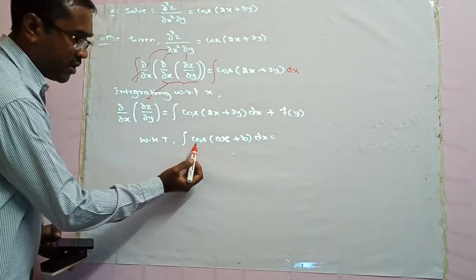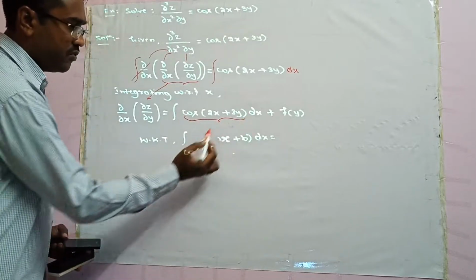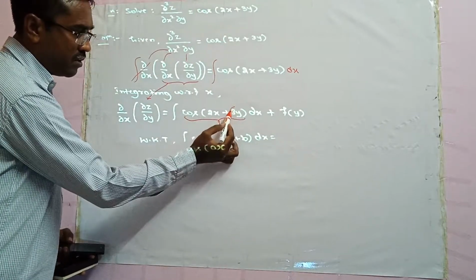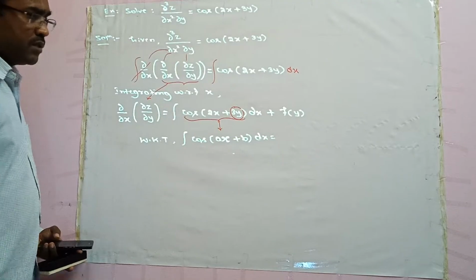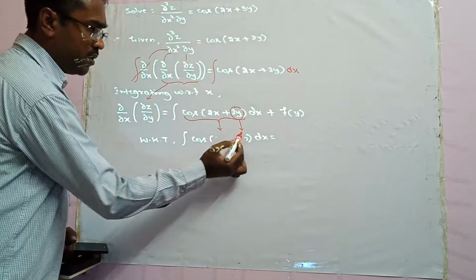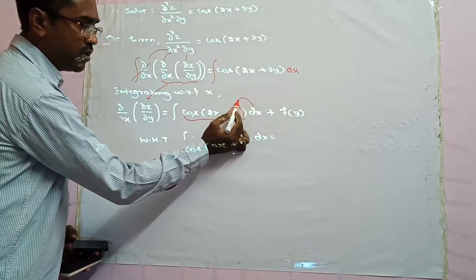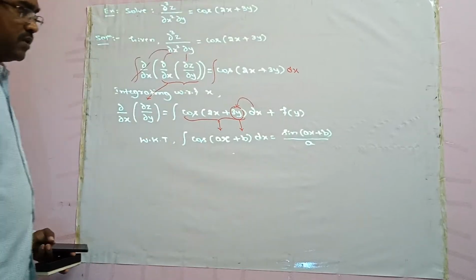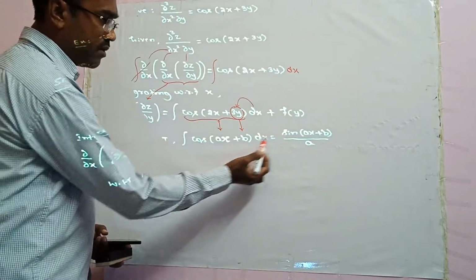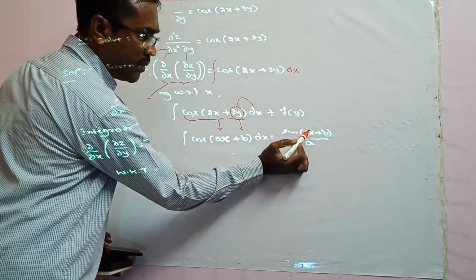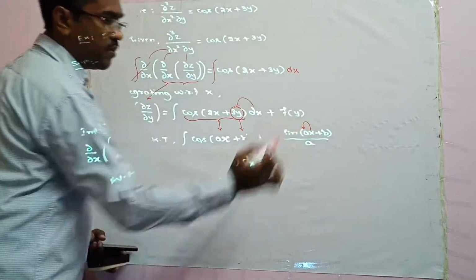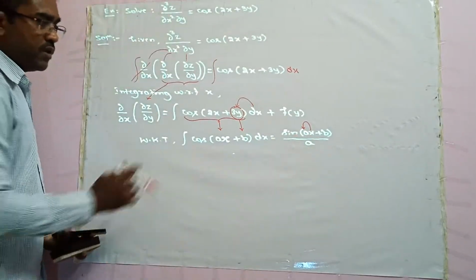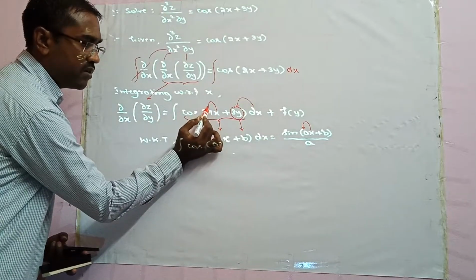We have the formula for this standard function, which is of this type, cos of ax plus b. This is your constant, you can take it as b, because we are integrating with respect to x, your y term remains constant. Now what is the integration? Integral of cos of ax plus b is sin of ax plus b divided by the coefficient of x, that is a. Now here what is the coefficient of x? The coefficient of x is 2.